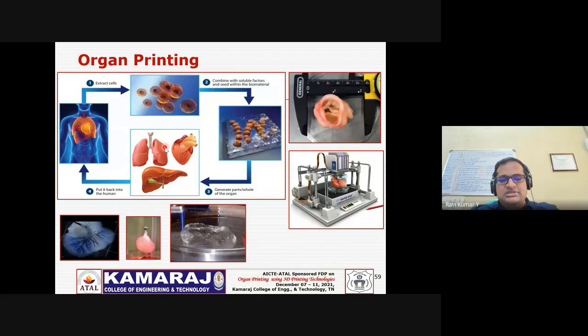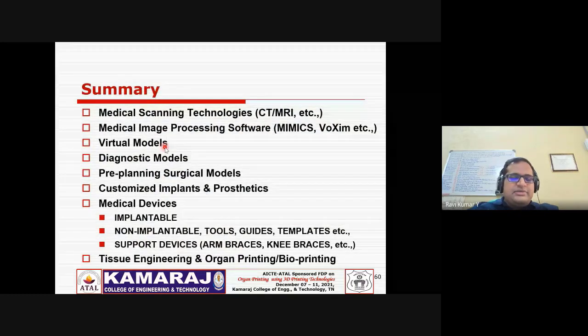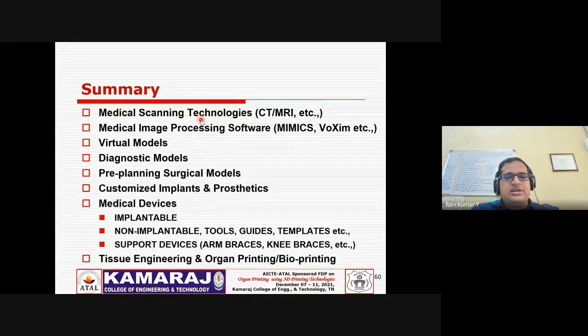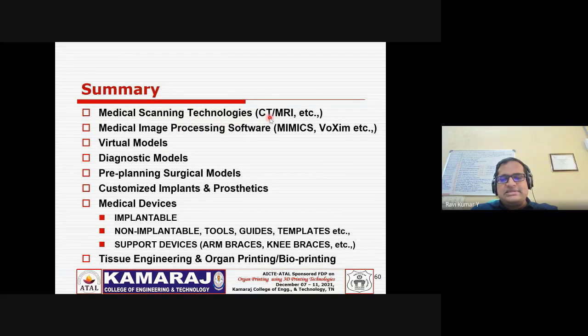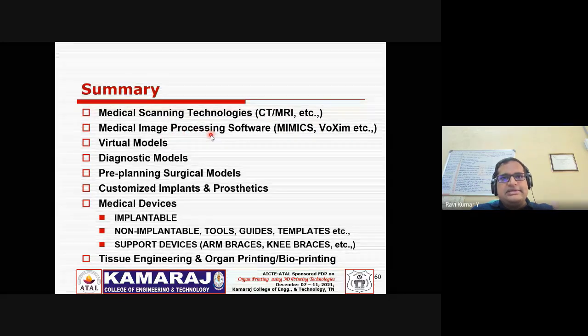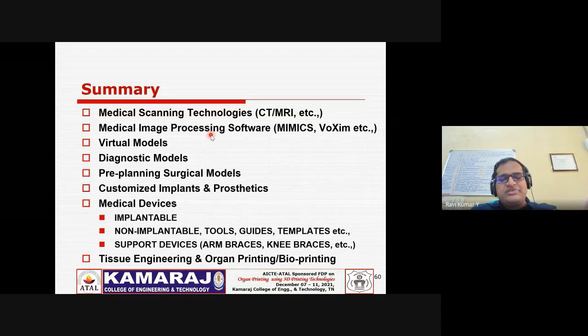So this is the state of the art. Let me summarize what I have done for the last 1.5 hours. We started with medical scanning technologies like CT and MRI, and we thoroughly discussed how we can import these images. Further, the data has been reconstructed using certain software tools to process it, taking the region of interest, organ of interest, and tissue of interest from the scanned images, and reconstructed into virtual models